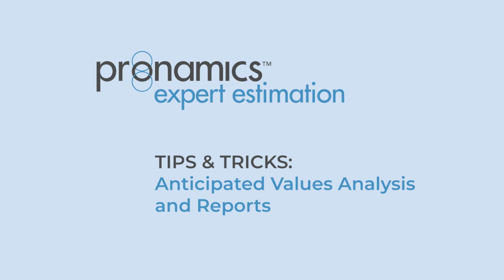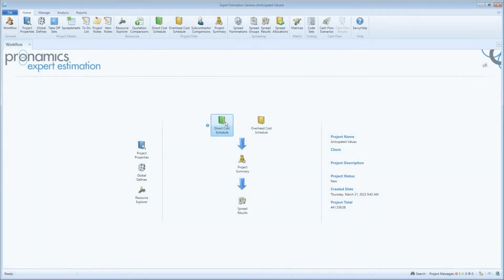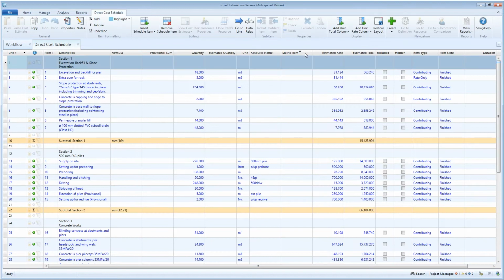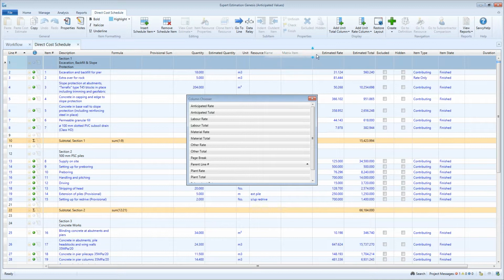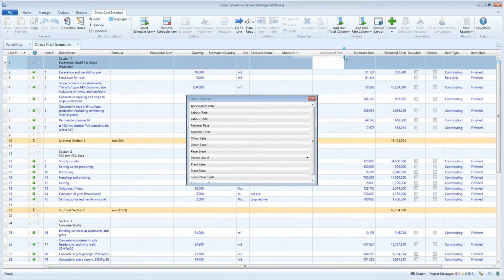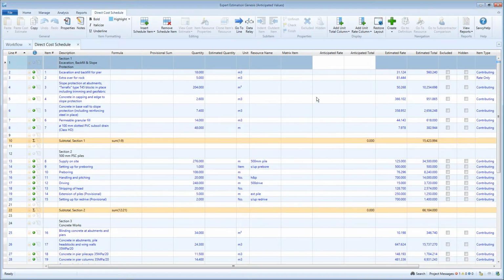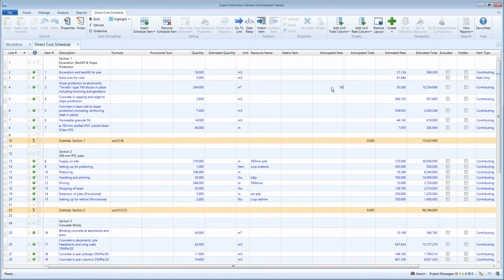Analysing and reporting anticipated values. At the beginning of your estimates, if you want to calculate a pre-estimate value of the approximate overall cost of your project, then you'll appreciate the anticipated value feature for direct cost and overhead costs schedules. You can import or copy data from another project to quickly build up a professional approximate of what the anticipated